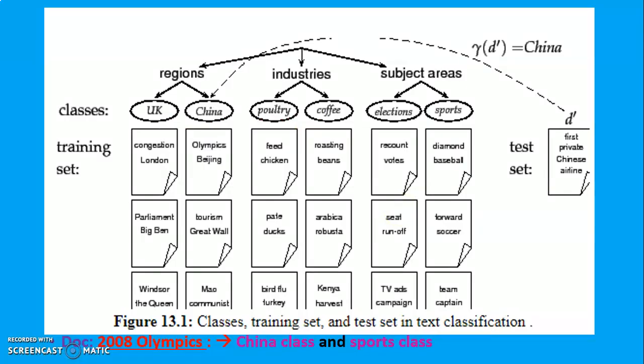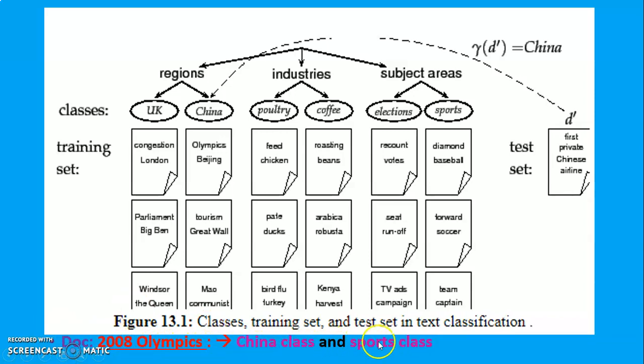Consider the example of text classification. Here we are considering a test document about the 2008 Olympics. These are the different classes: based on regions, the classes are UK and China; based on industries, two classes, poultry and coffee; and based on subject areas, two classes, elections and sports. The 2008 Olympics document can belong to two classes,